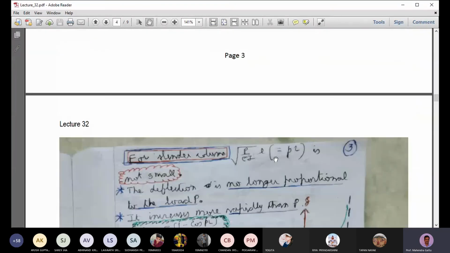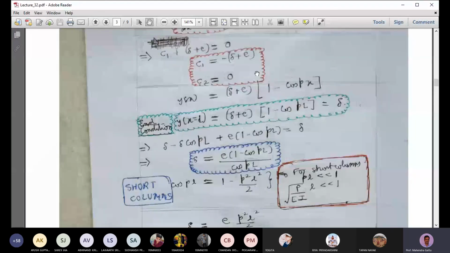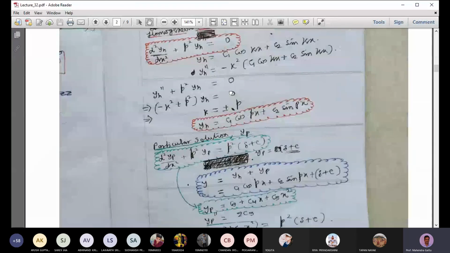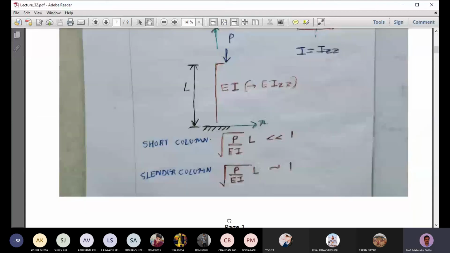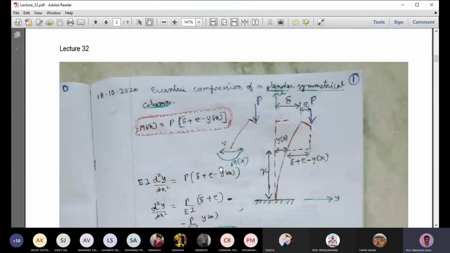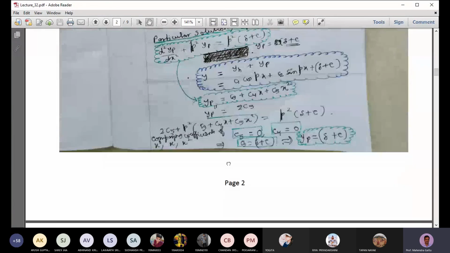So when you apply a load on that column, you are looking at this column and applying a load on it. As the load keeps increasing, there will be some deflection delta happening here, and as it reaches around pi square EI by 4L square, something like that, it will reach a very large value. The delta here will mathematically be infinite. So the solution is blowing up at small PL equal to pi by 2.